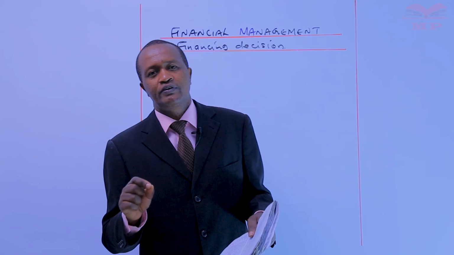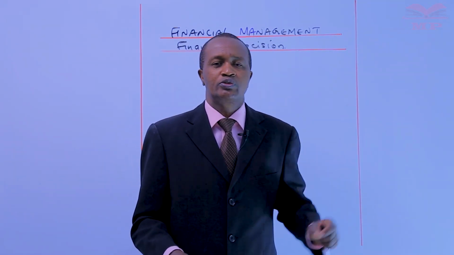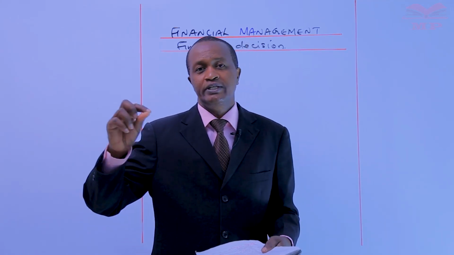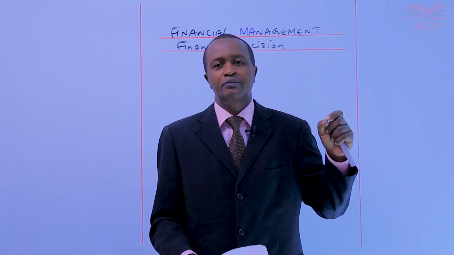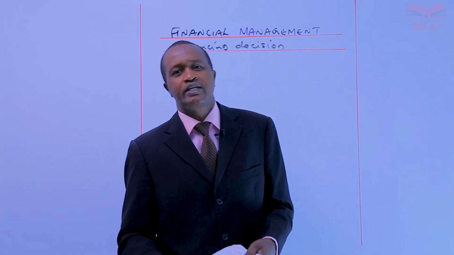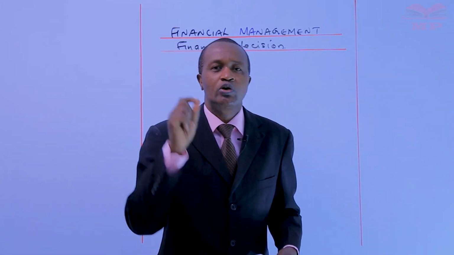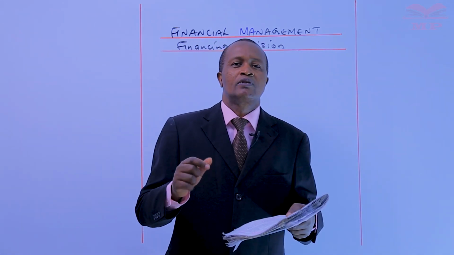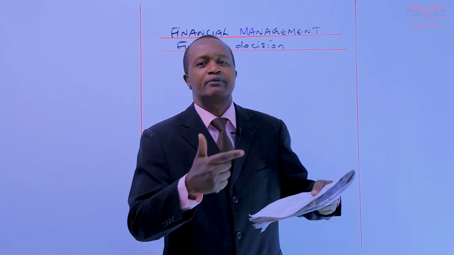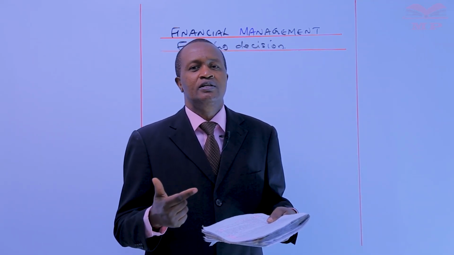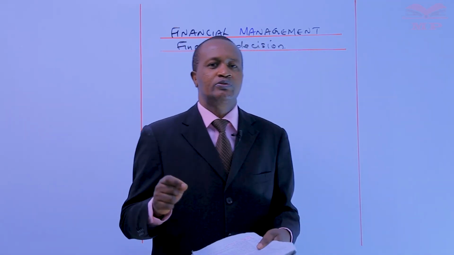For example, if a project is to be financed, the finance manager should be able to tell what will be the proportion of money that will be raised out of debt, what will be the proportion that will be raised out of capital, share capital, and so on. Why? So that the goals of corporate finance can be achieved. And that goal can only be achieved when there is a financing mix, when the results lead to what we call maximum value.